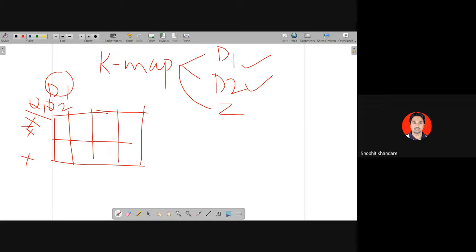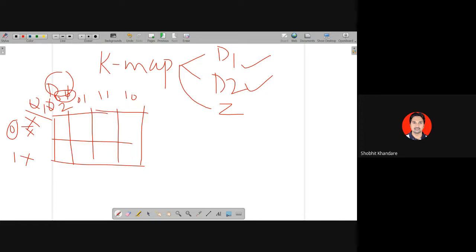So here you will have 00, 01, 10, and 11. And here you will have 0 and 1. How will you fill up this K map? I will show you with one example. When your input is 0, and your state is 00. So tell me, when you are in the state 00 and your input is 0,